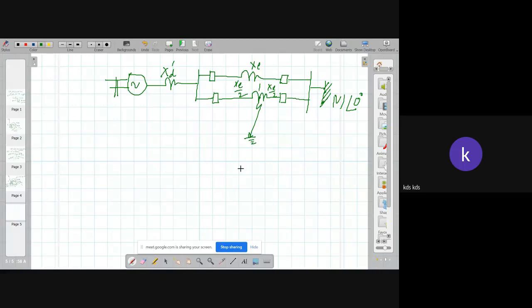So here we need to apply the star delta transformation to find out the value of X transfer between the generator and the infinite bus. It means the circuit will look like this. So we have this generator with XD dash. I have also discussed in one of the previous classes how to obtain the Pmax whenever there happens to be a fault in the middle of the transmission line.